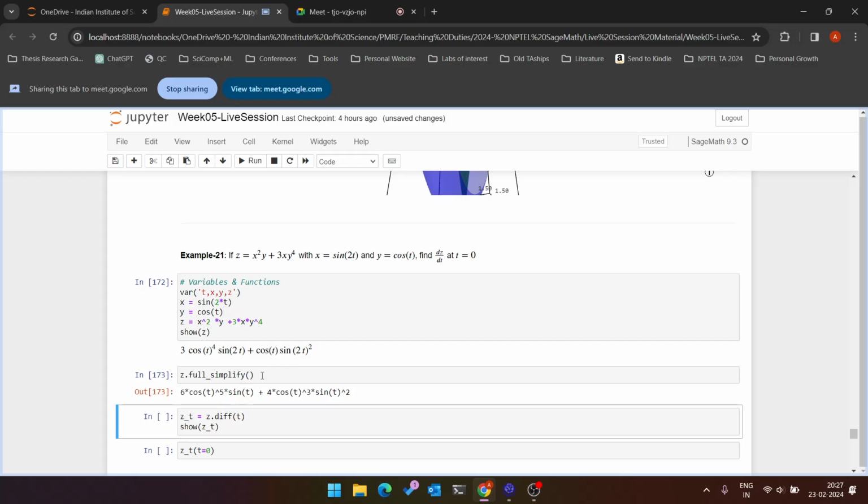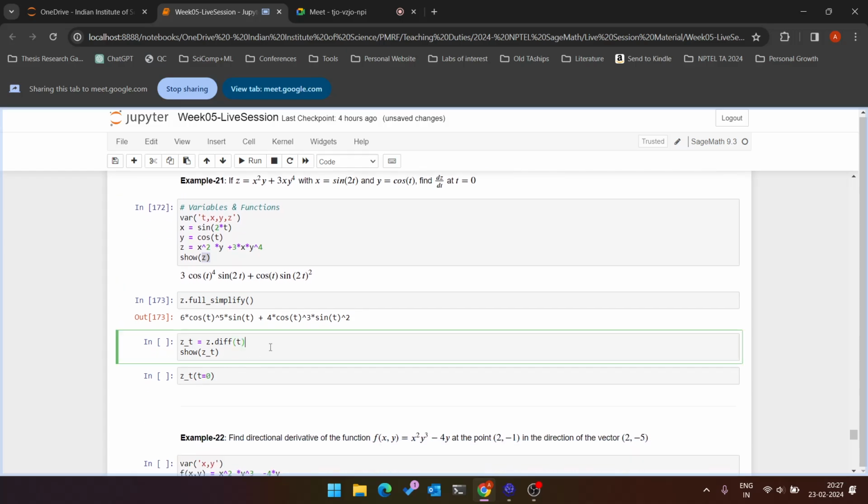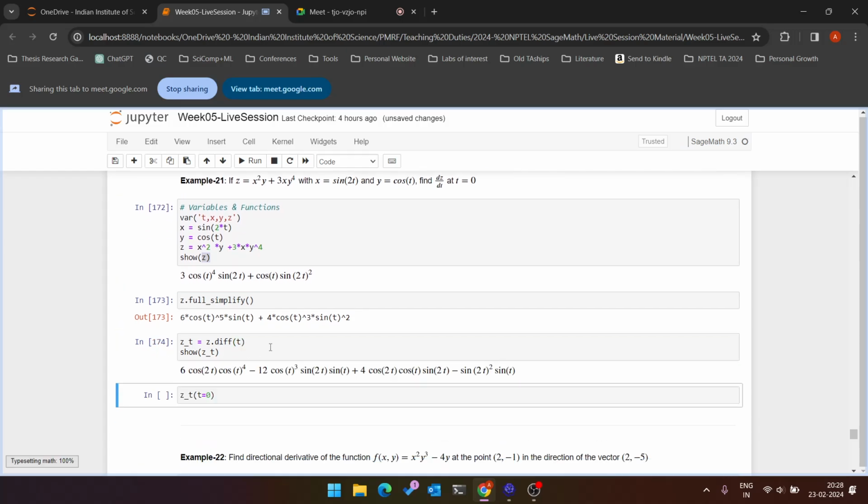It gets me a different expression, but what I basically have is a function z of t, and because x and y were given, I can directly substitute it here and directly use that to calculate the derivative of z with respect to t. This is how it looks like. And if I just want to calculate at t equals 0,